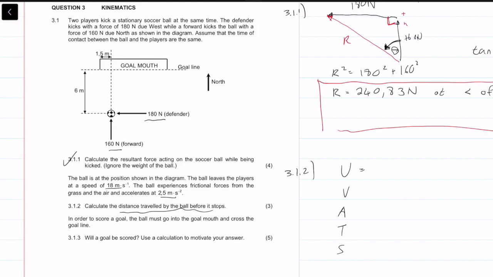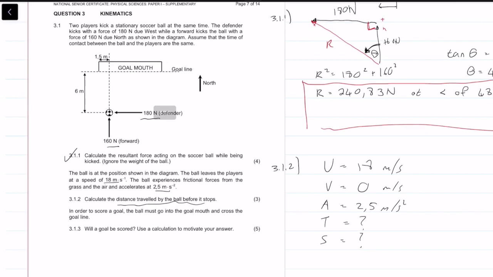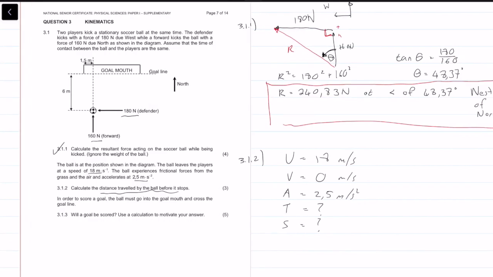Our initial velocity is going to be the velocity at which it leaves, which is 18 meters per second. Our final velocity is when it stops, which is 0 meters per second. The acceleration is given as 2.5 meters per second squared. The time is unknown, and the displacement is what we're looking for. So now we can use the formula v squared equals u squared plus 2as. So we have 0 squared equals 18 squared plus 2 times the acceleration of